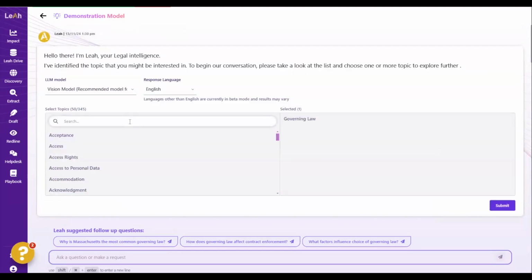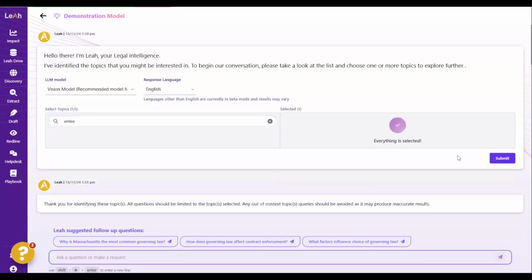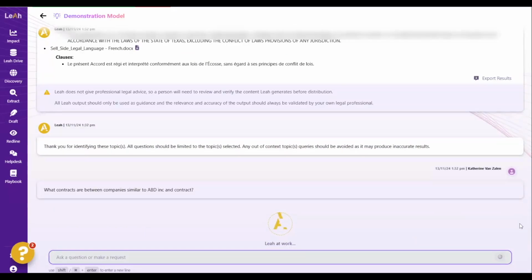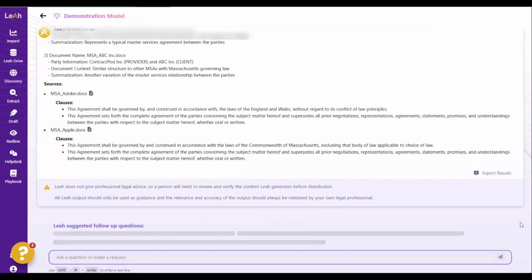Now let's change the topic to entire agreement. We can now ask Leah which contracts are between parties similar to ABD Inc. and contract. Leah will then return contracts between ABC Inc. and Contract Pod AI, showing that Leah can understand typos and the intention of the user while still providing the right answer. This showcases the power of Leah not only for fuzzy or proximity searches, but also for similarity or